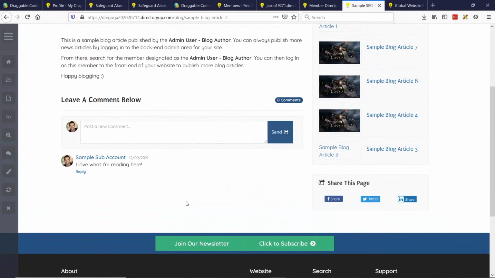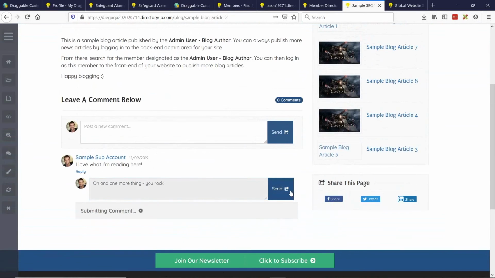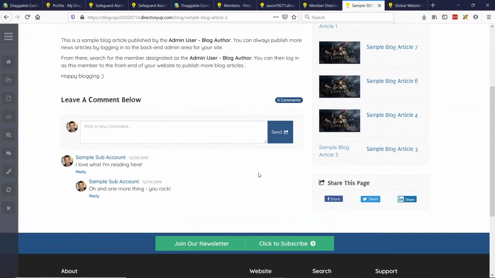What's really cool in this stage, we will be allowing for users to reply to specific comments. So I can write a reply to my own reply. And one more thing, you rock. And I'll send that. So it's really straightforward. It's really simple.